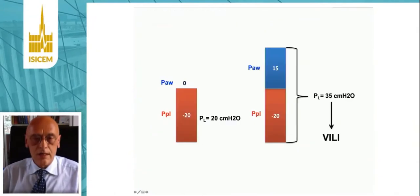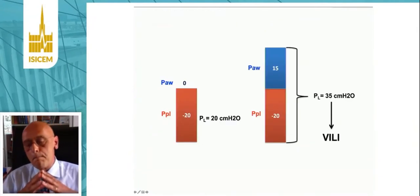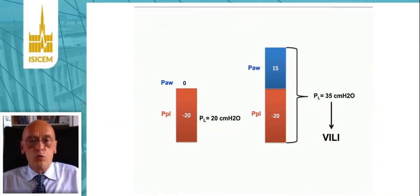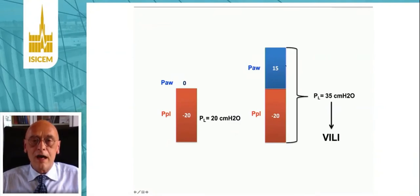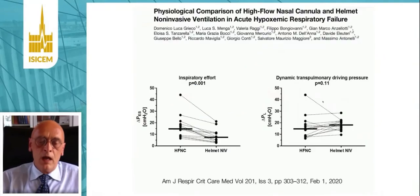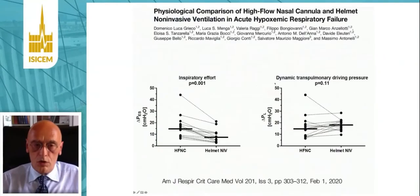And the authors explained this predominantly with the concept of potential self-induced lung injury, which was due to the fact that they assumed that the pressure added to the system was entirely used to increase tidal volume and was a potential source of self-induced lung injury because of the increased transpulmonary pressure. This notion was challenged by this recent study by